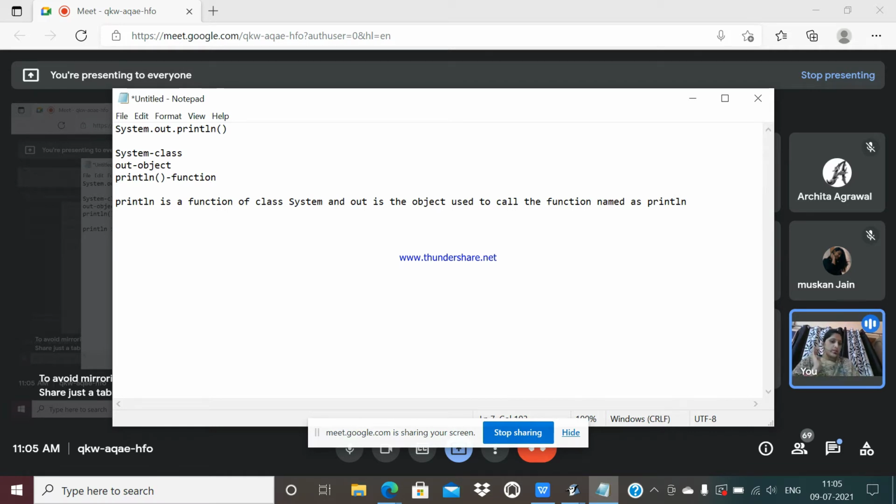Okay, imagine like this, all of you: there is a program already there in a Java package and the name of that program is system. Inside that system there is a function named println.